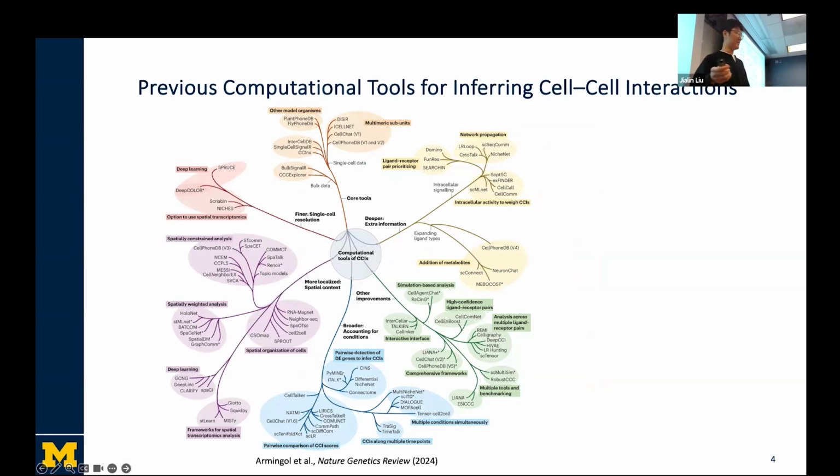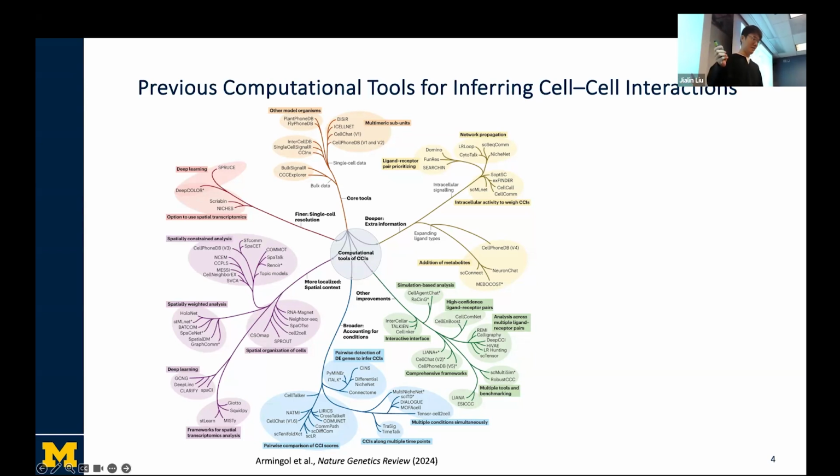And if you ask me, there are already a lot of cell-cell communication methods on the market. Most of the methods listed here are enabled or inspired by high-throughput experimental methods. For example, single-cell RNA-seq allows revealing which ligands and receptors are expressed in each cell, or in each cell type, or in cells within heterogeneous tissues. This is a really nice plot I adopted from a Nature Genetics review paper.